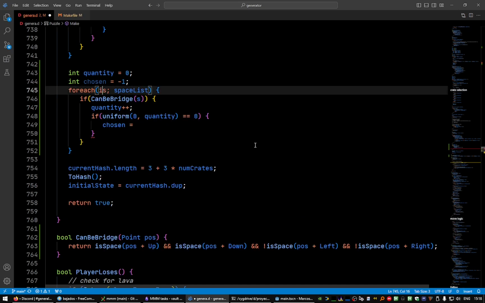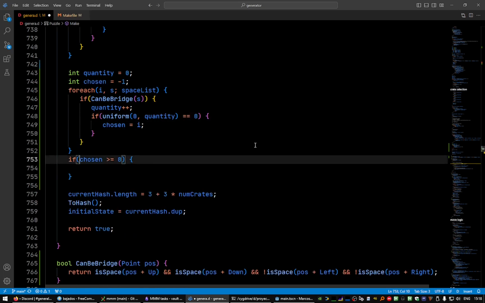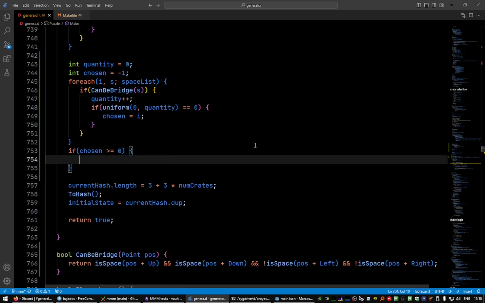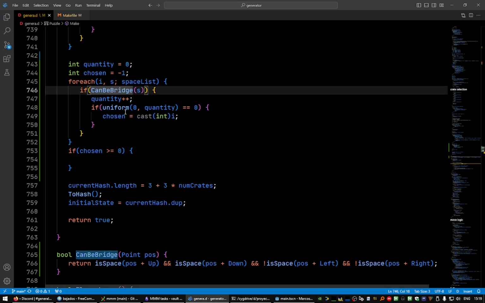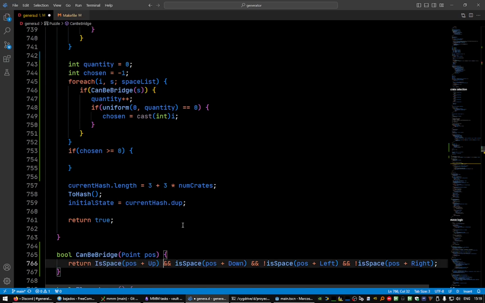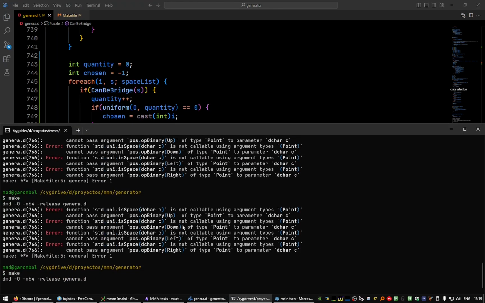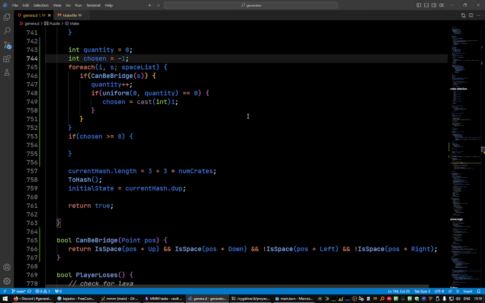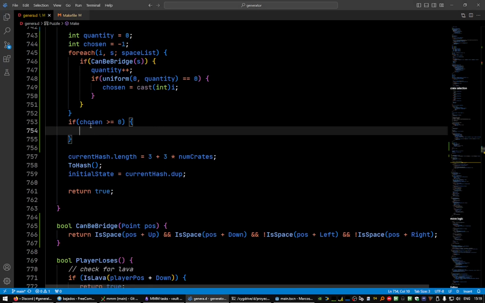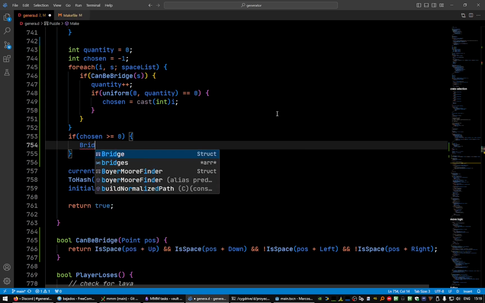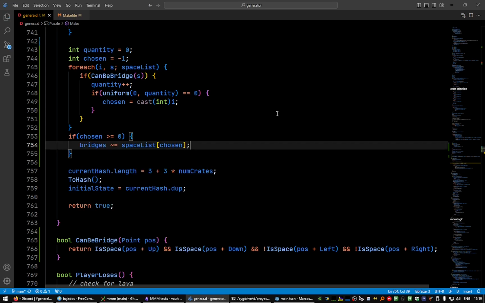We need the index. The chosen one is at least 0. We have a winner. Is space. This is a function, because this space is a function from the ASCII. Okay. Yeah, this compiles. Okay, now if we have a chosen space, we add the bridge position, and we will